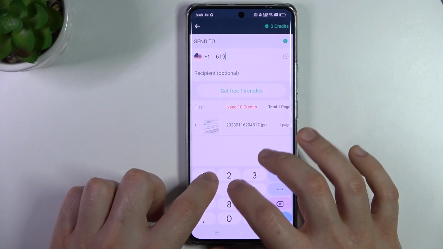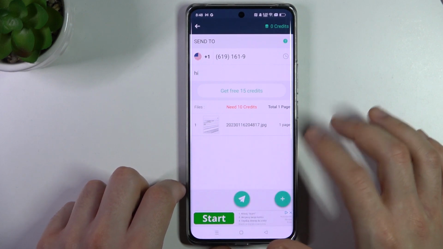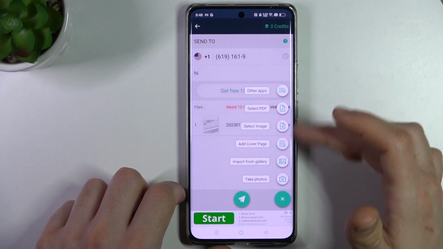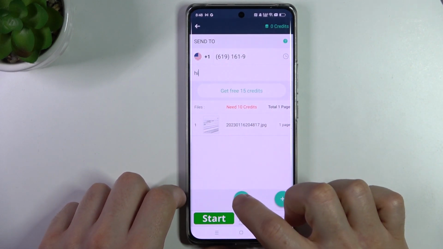Now just type the number, and optionally you can add a small note. If you want to add more documents, just click on the plus again and choose the next one. But if you want to send only this one, just use that